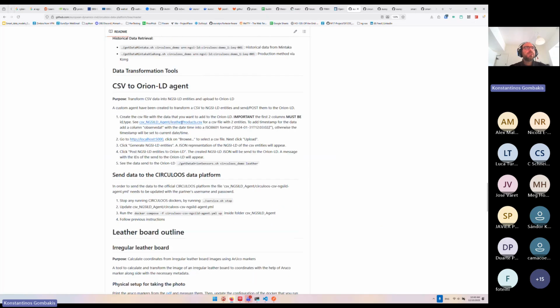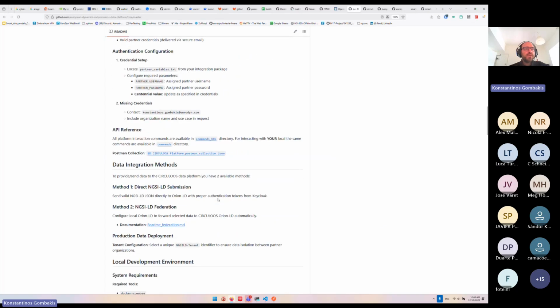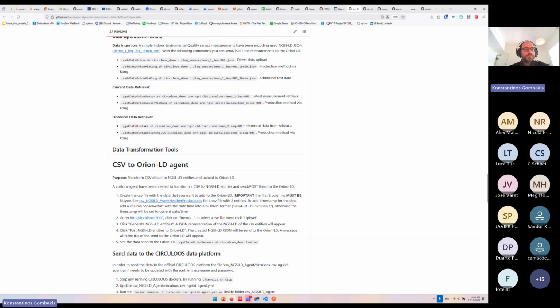Sorry, I lost it. It's here. Yeah, you go to a local host and you will use it. It is very important for you to change, as I say here in the instructions, to change it with your own username and password. And with this, you can send the data as a CSV file in order not to, let's say, interconnect other sensors. So this is a useful tool that anyone